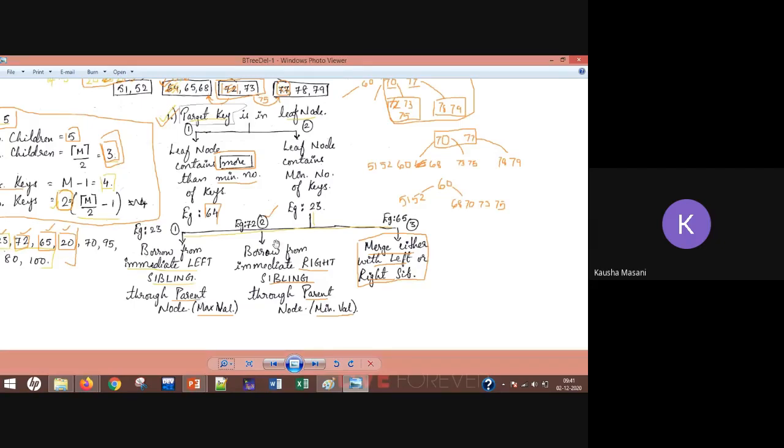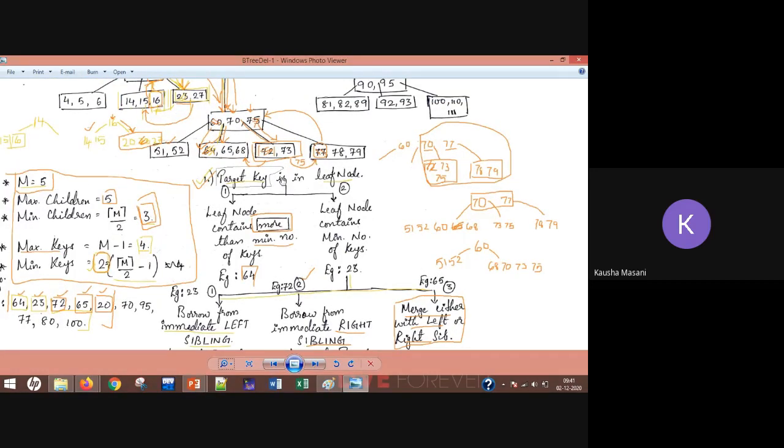Or you can borrow from your right sibling through your parent node and then delete. But if you cannot borrow from left or right, because both contain the minimum number of keys, then with the help of the parent node you merge either with the left subtree or with the right subtree. This is case number 1, when the target key is in the leaf node.